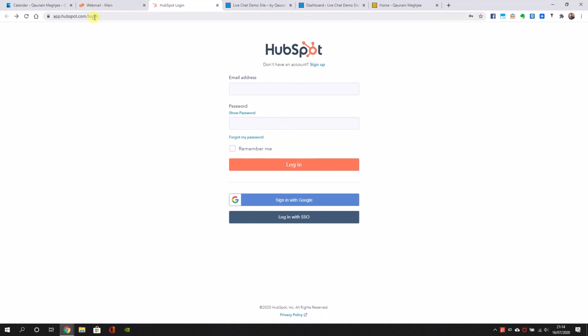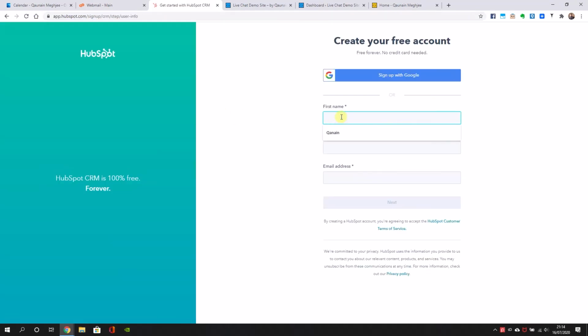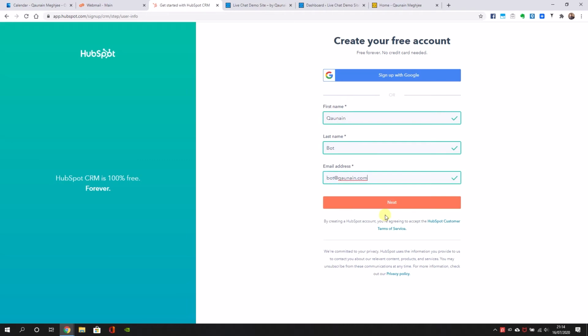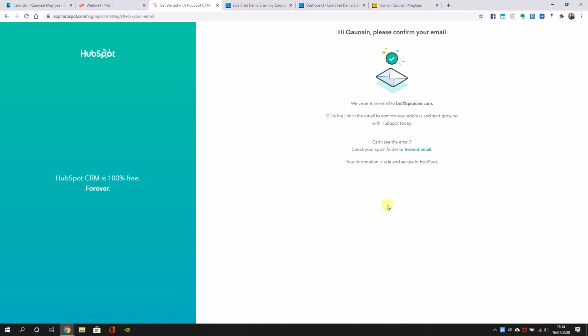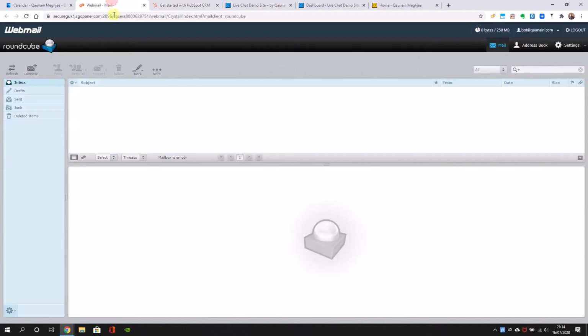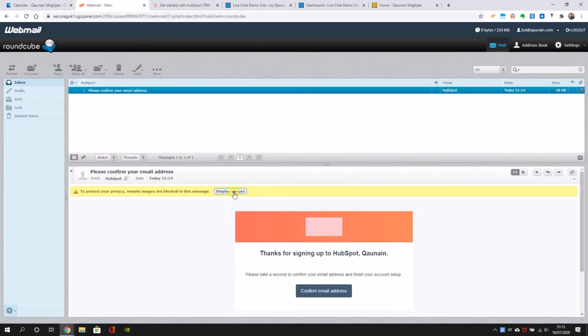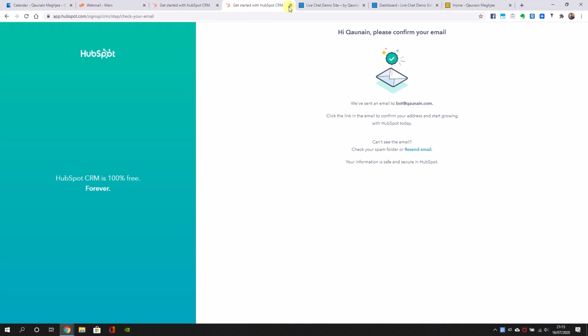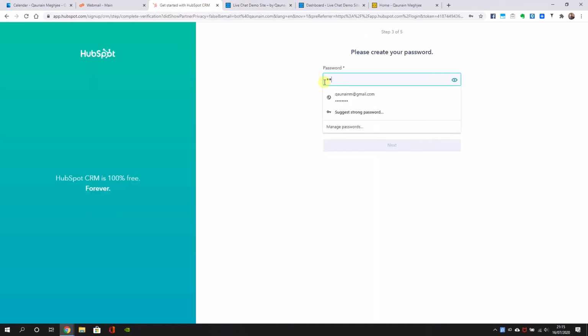Alright, let's do this. Step 1. Sign up to HubSpot. It's free. Usual stuff, full name, email address. Then you gotta verify your email address. It'll be instant. Then make a password. And once you've done your password,